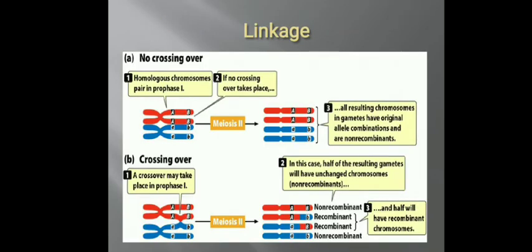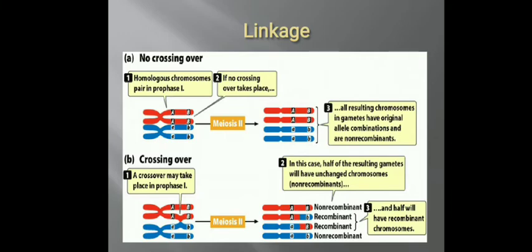So you can see, let us see the second case. What happens when crossing over takes place normally? You can see there are these two sister chromatids. In meiosis, in prophase 1, crossing over takes place. Say for example, the crossing over has taken place. The alleles in the red colored chromosome are capital A and capital B, while the alleles in the blue colored one are small a and small b. Say these two genes are located on the sister chromatids. Now you can see when meiosis 2 has taken place, what the combinations are.